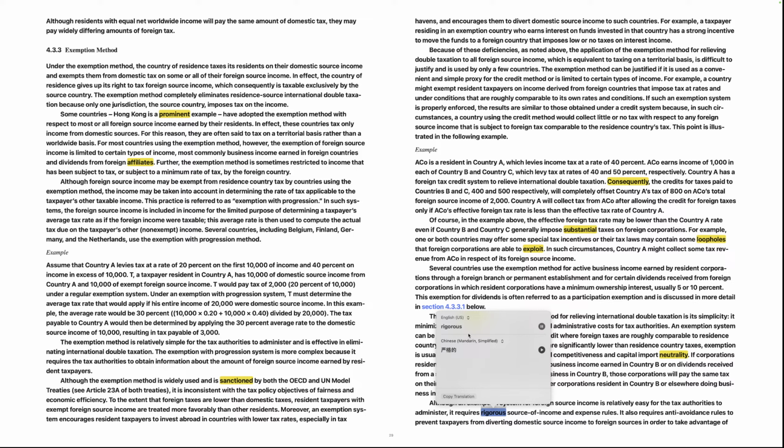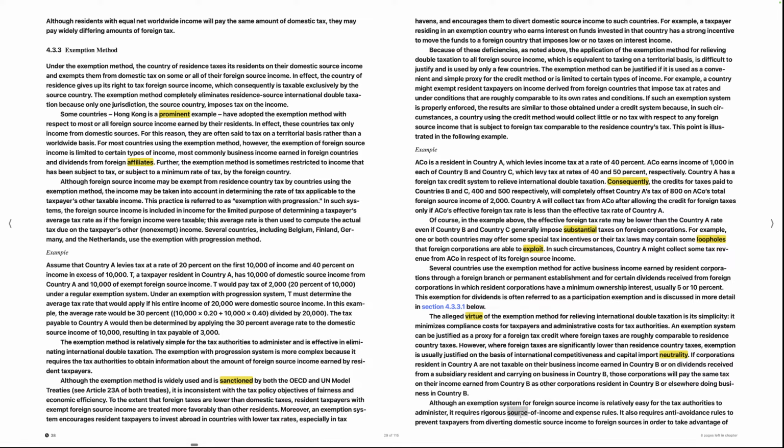It also requires anti-avoidance rules to prevent taxpayers from diverting domestic source income to foreign source income in order to take advantage of the exemption. Finally, it requires expense allocation rules or anti-avoidance rules to prevent taxpayers from deducting expenses incurred to earn